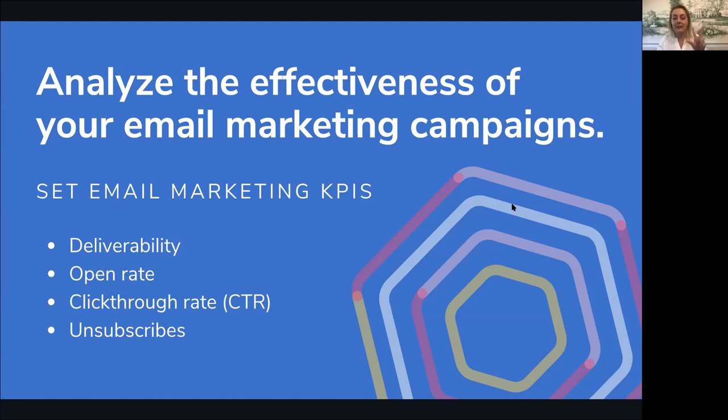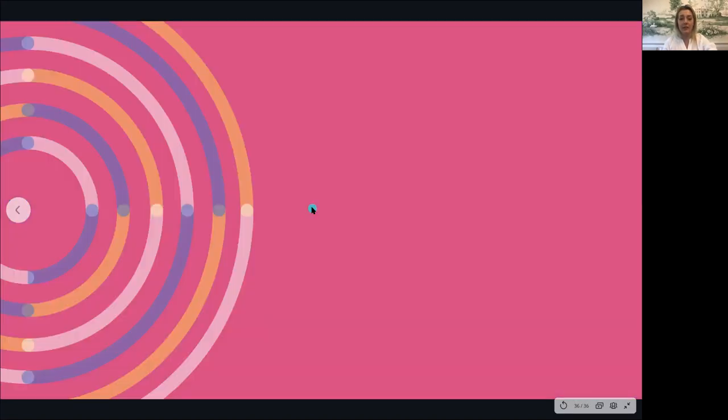Then on top of that, you're going to have a call to action in there, right? You're going to have a button or a link or a video or something. What's the click-through rate? How many people are opening and clicking on your links? And then how many people are unsubscribing as well? So you can track what's working and what's not working for you using those KPIs. Those are just the general ones that people use to track their email marketing. Any questions on those? Because that's pretty much everything that you need to know about email marketing, I believe. I don't think I have any more slides.